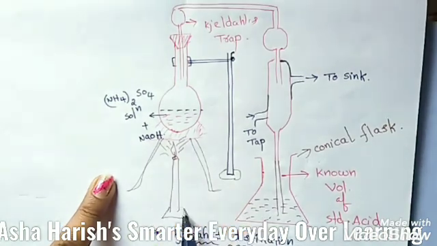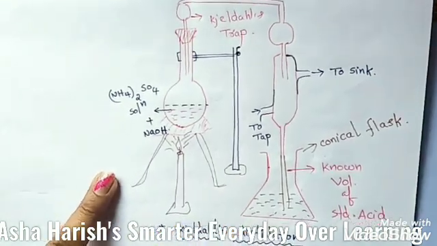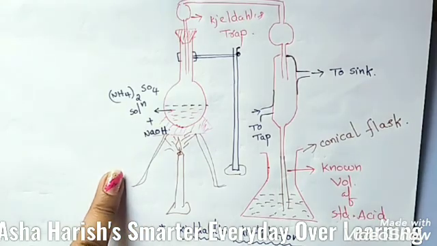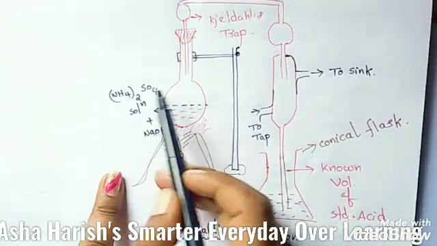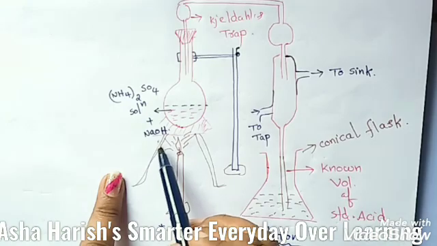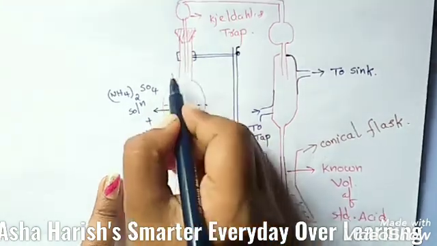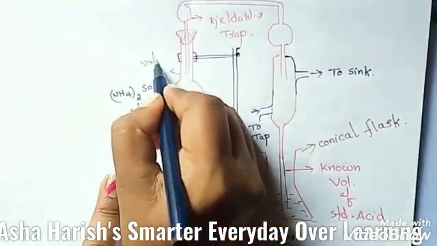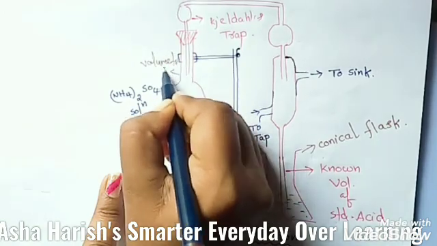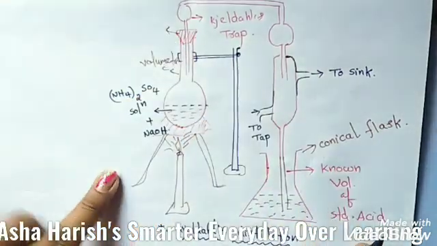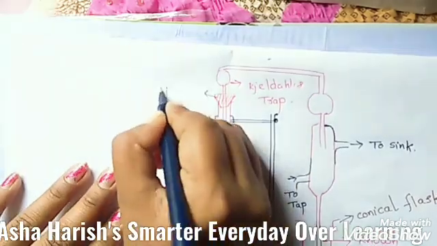Instead of this you can take a spirit lamp also, no problem. Here is the Kjeldahl solution, that is ammonium sulfate plus NaOH, which you have to take inside this flask, and here is the rubber cork,